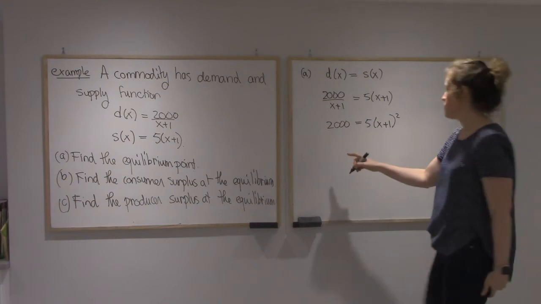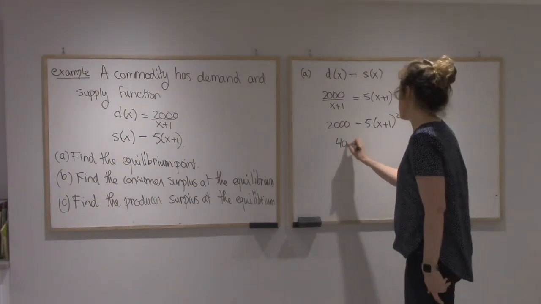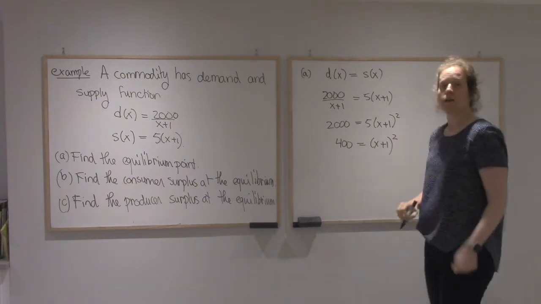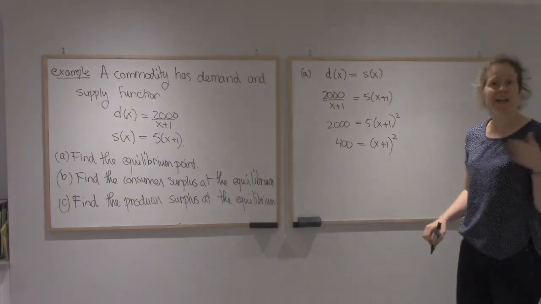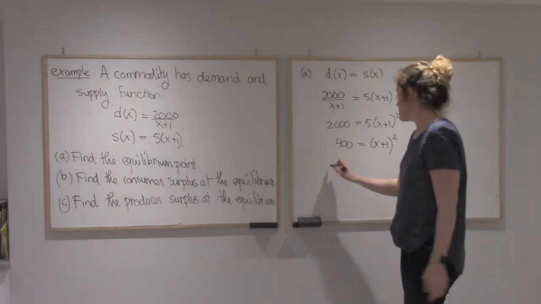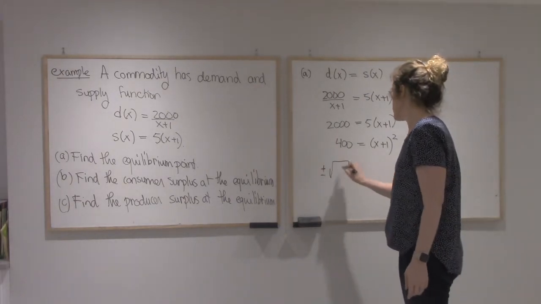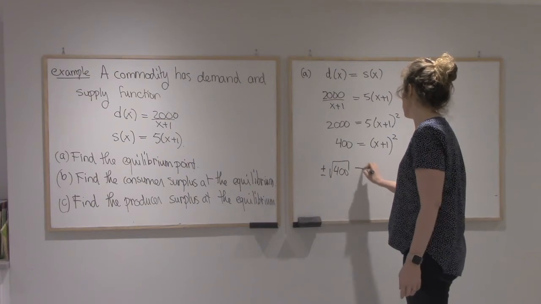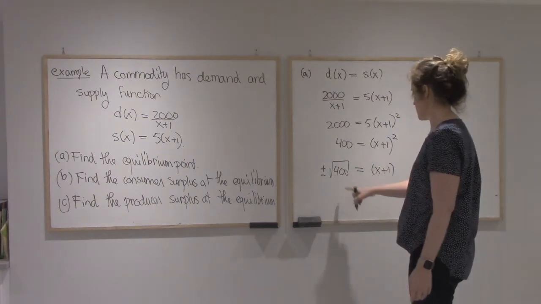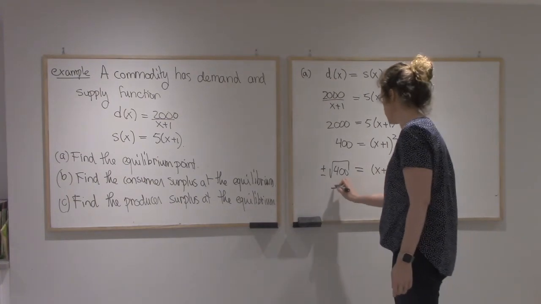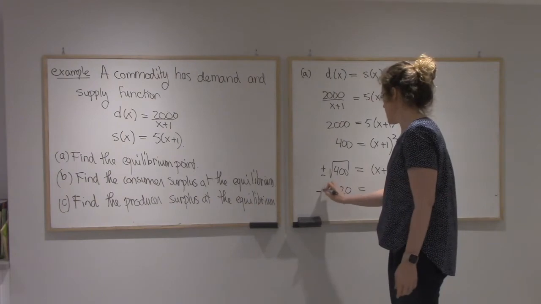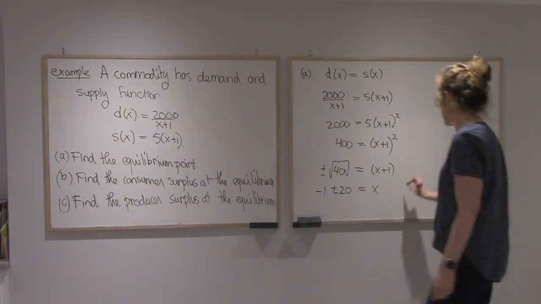Now I'm going to divide by 5. Now here you could actually expand and use the quadratic formula, but that would be longer than just taking roots. So plus or minus root of 400. That's 20, so plus or minus 20 equals x plus 1, so x is either